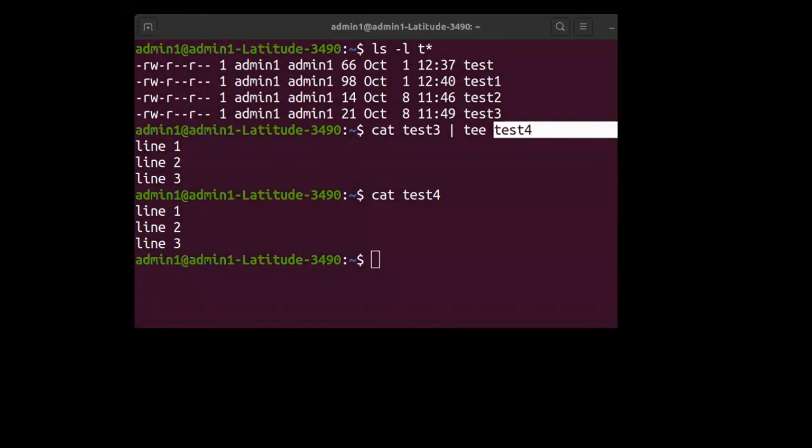Now, there is one question. What if the test4 file is already present? Good. If the file is already present, then it will be overwritten. Any other doubts? The basic usage of the T command is at the system administration level for taking backups. As system administrators, we run this particular command as a background process, which enables us to take the backup of the file even in our absence. So that is one of the usages of the T command.